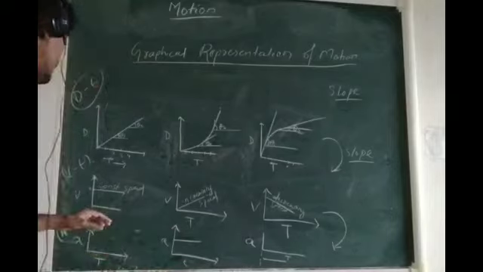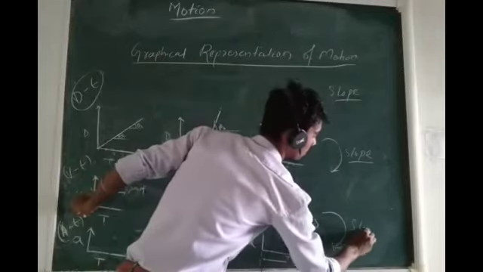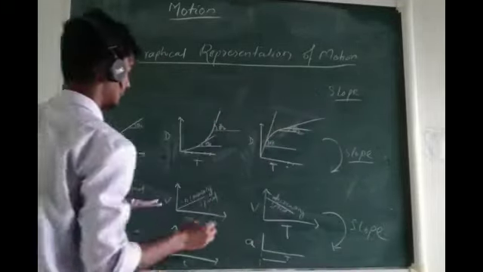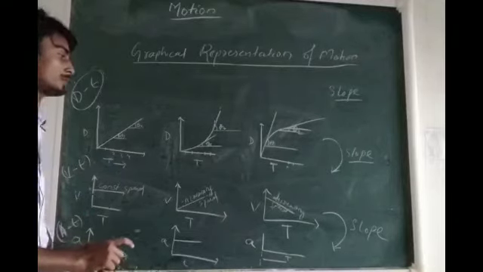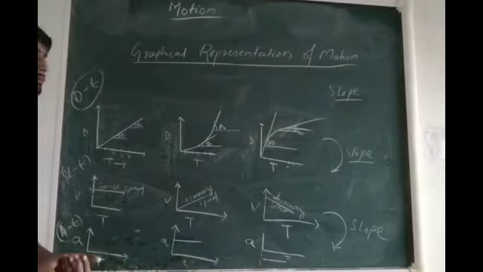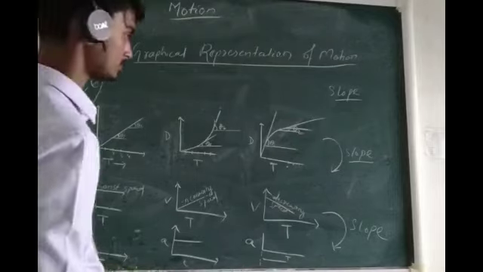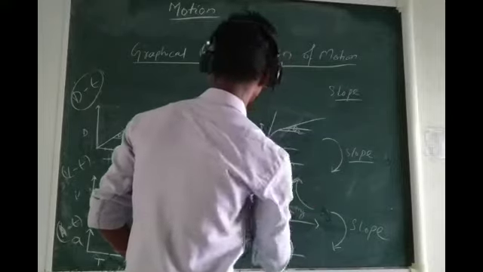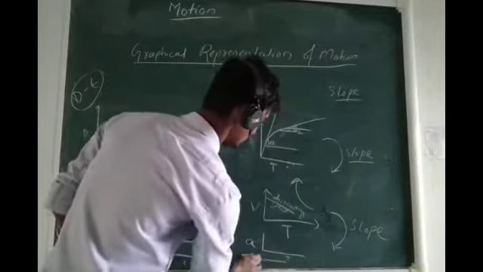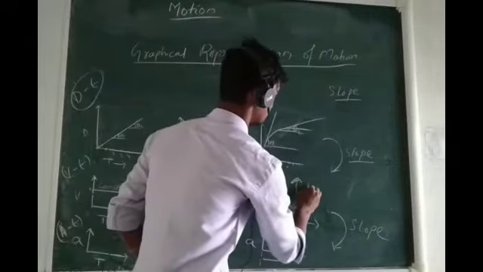Same thing also, if it asks you to find out acceleration in case of a velocity time graph, you have to find out the slope, or the change in y-axis with respect to x-axis, or the change in velocity with respect to time. Right. So this is the importance of slope here. And another thing that you may be asked is about area. See, if it asks you to find out the area of a velocity time graph, you will be getting displacement.